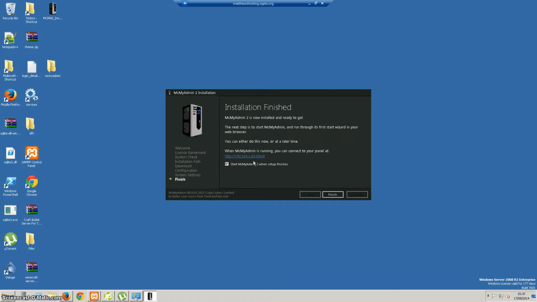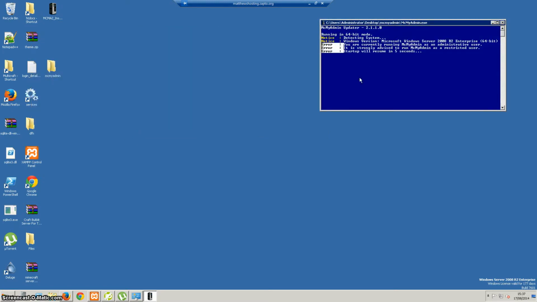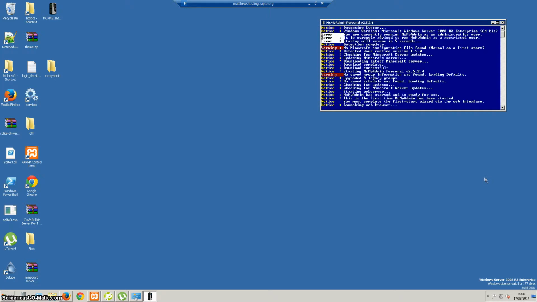So yeah, and then here you go, start McMyAdmin with start. So it's going to run this little module now. That's just going to download and install all the files, and it's going to recognize what machine you're running. So I'm running Windows 2008 R2 Enterprise, as you can see here. So it's going to wait for this to download. It's obviously going to download the Minecraft server as well. Launching the web browser, it might say they need to restart it, but if it doesn't,